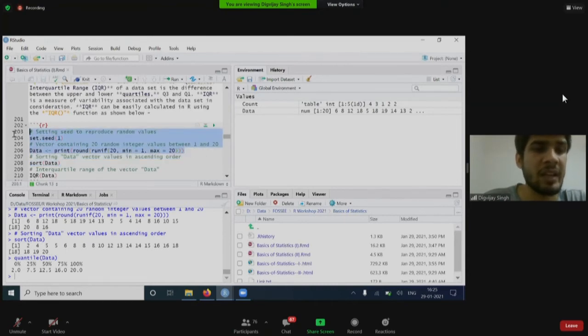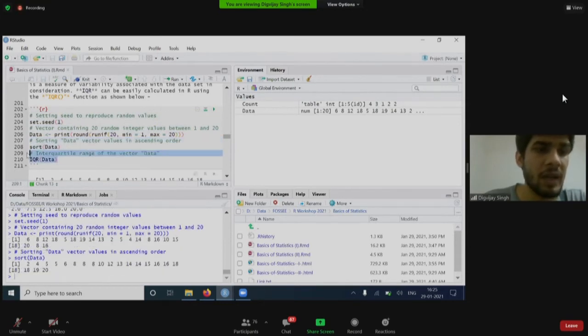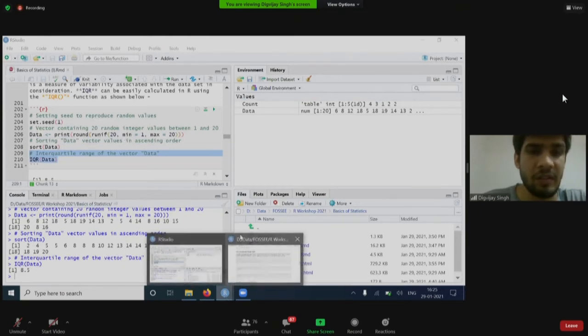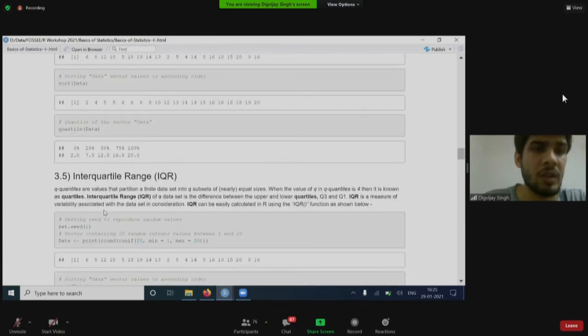So I again create a random data, sort it, and I'll find the IQR. As you can see, the IQR is 8.5. So what is this 8.5 and where did it come from? As the data is the same, I'm using the same data throughout.